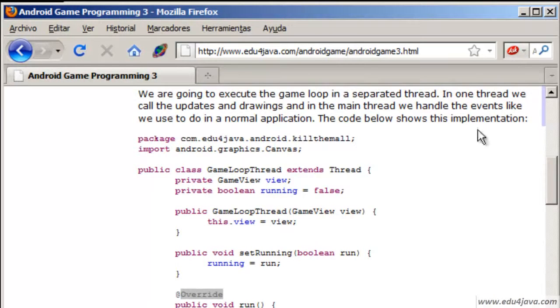Okay, let's do our game loop. Our game loop is going to run in another thread. Let's create a thread for this loop first, so that it's independent. We're going to do this with a class. We're going to make a class GameLoopThread,